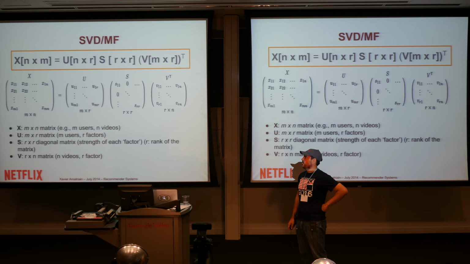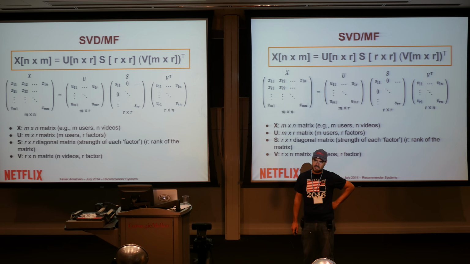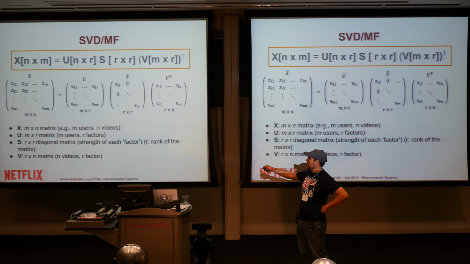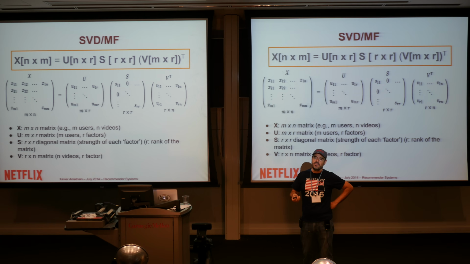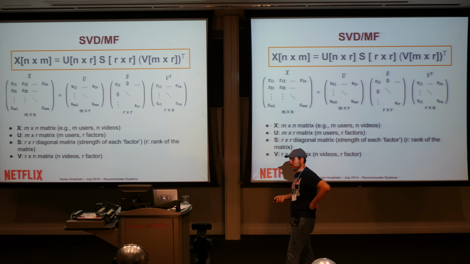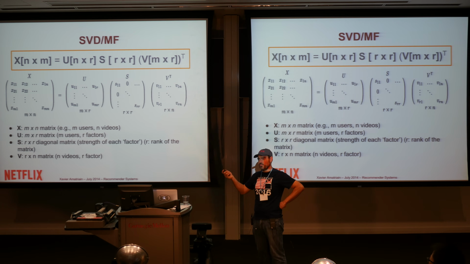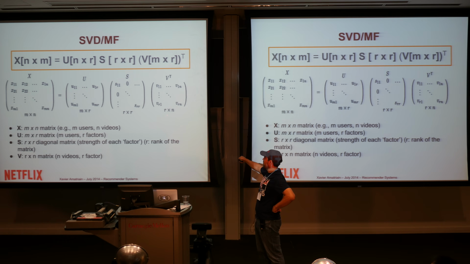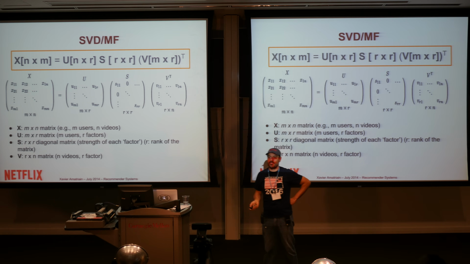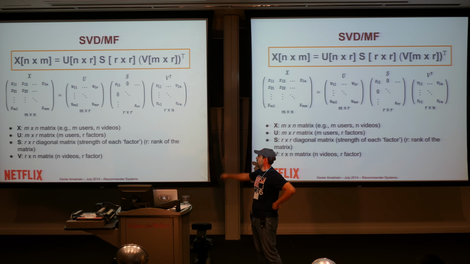And the idea of matrix factorization is I'm going to do that by decomposing my original matrix into 3, there is a diagonal. So R is the number of factors that I'm going to have in my decomposition. And I'm going to have a user item matrix that is going to be defining the way that the users map into those factors. An item factor matrix that is going to be defining how the items map into those factors. And then a diagonal matrix that maps factors into themselves, or the importance of factors into themselves, the strength